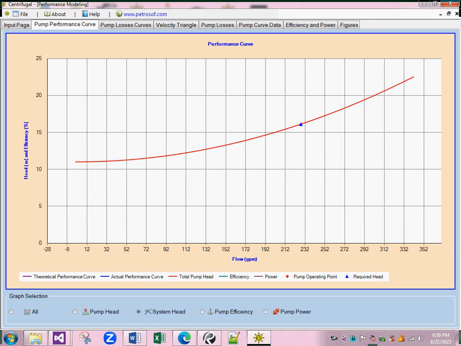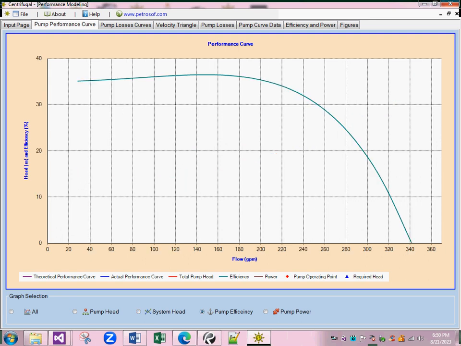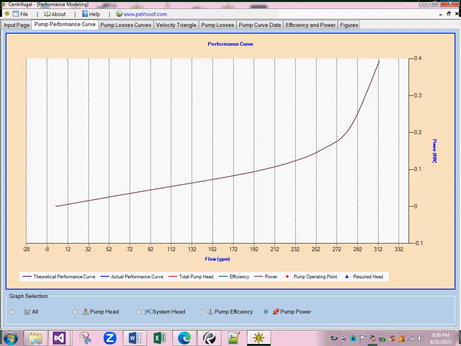Now the next option is the pump efficiency. The pump efficiency curve can be visualized by selecting the pump efficiency option. Similarly, the pump power option can be selected as well on this option window over here. Now you can press the all graph option again, where all the graphs are shown simultaneously together in one graph. Now moving to the next